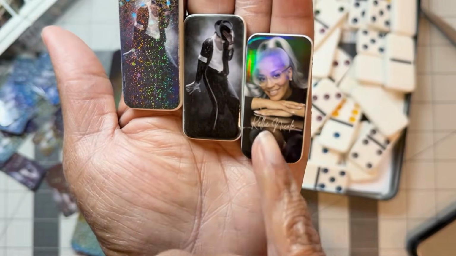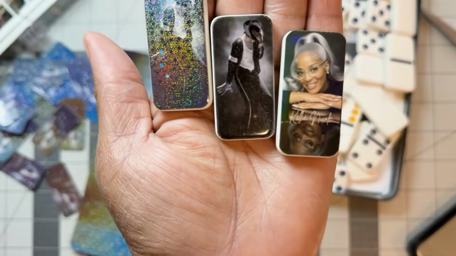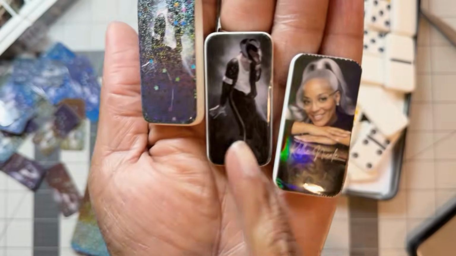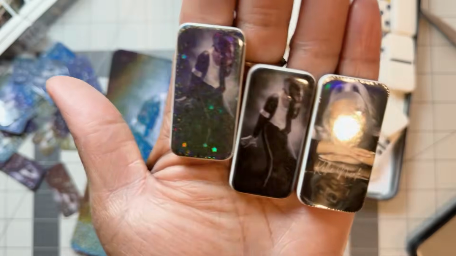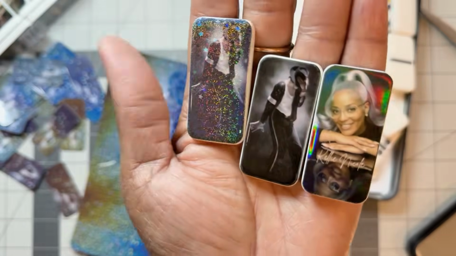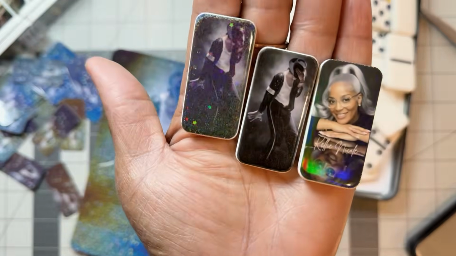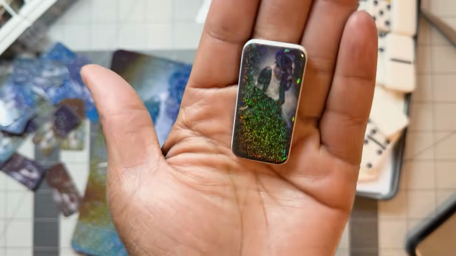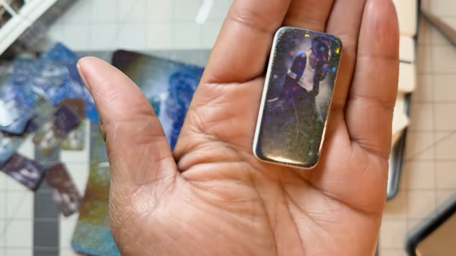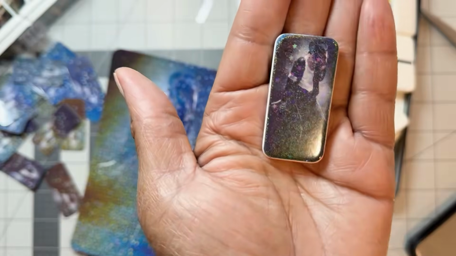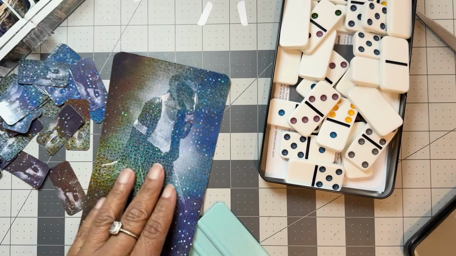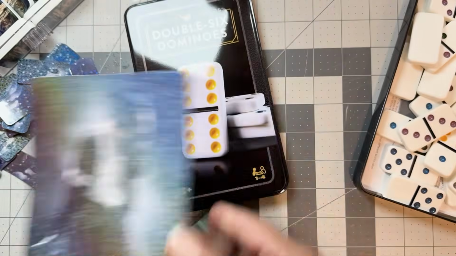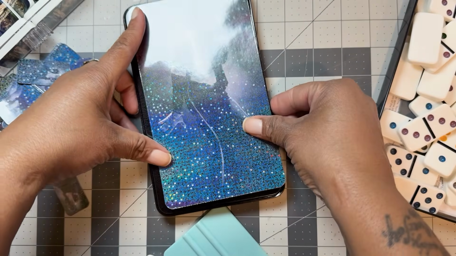This is my favorite. This one. That is freaking gorgeous. I love that. And I like this too. I don't have a problem with it. But nobody's going to play with these but me, and whoever, you know, my children or whatever. But I still like it. Okay, so I'm not going to stick them all on camera, but this fits here, and